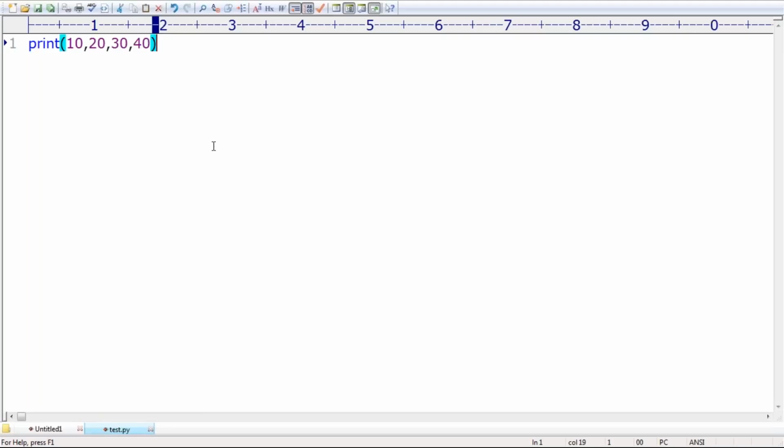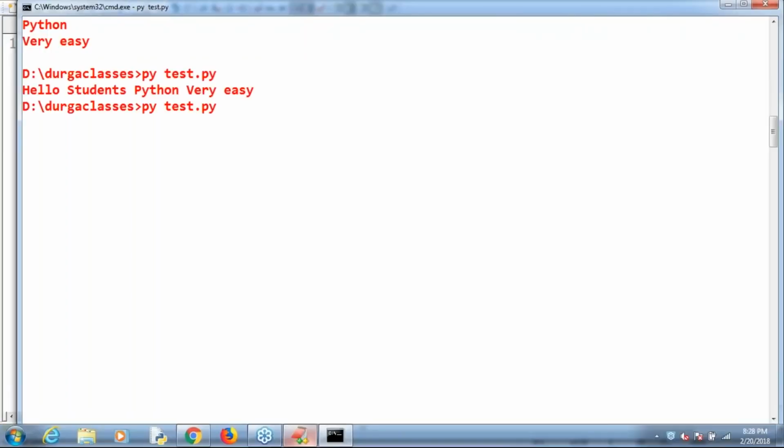By default, 10, 20, 30, 40 will be printed in the same line with which separator? Very simple, it's always going to take the space separator. Now observe the output. 10 space 20 space 30 space 40. By default, we are going to get that.